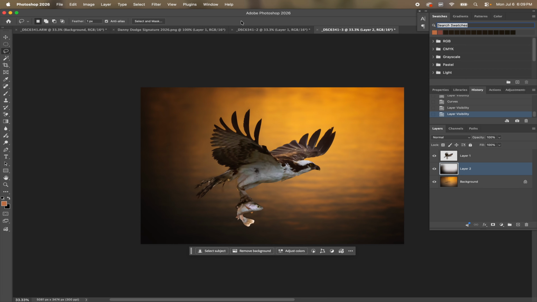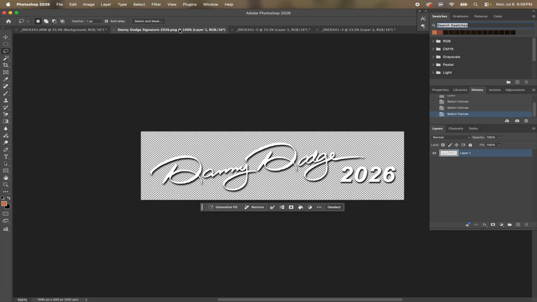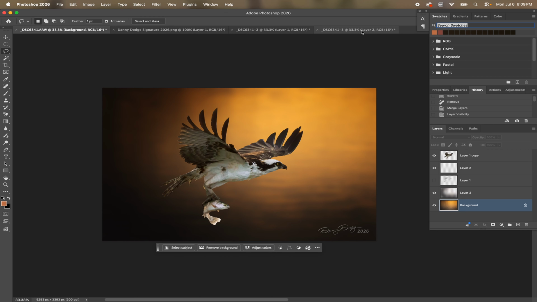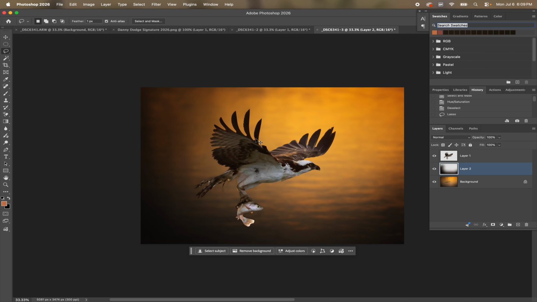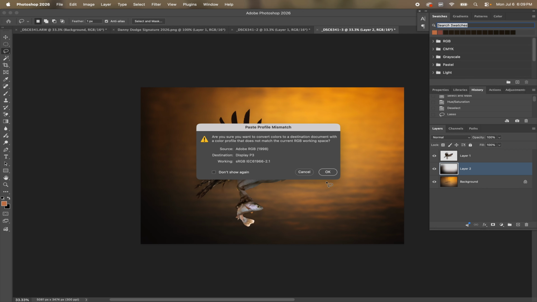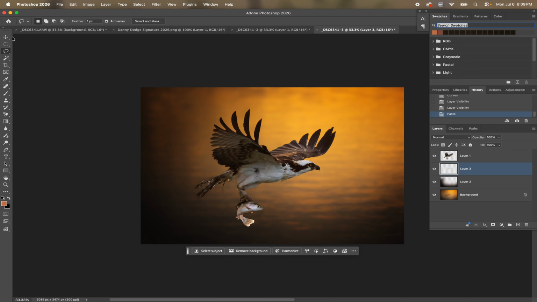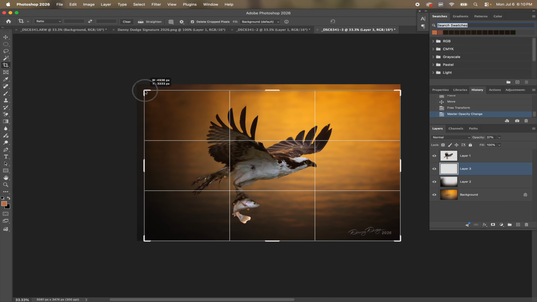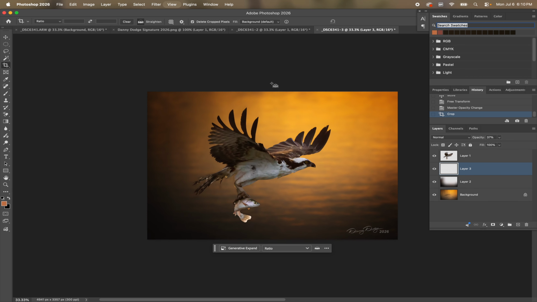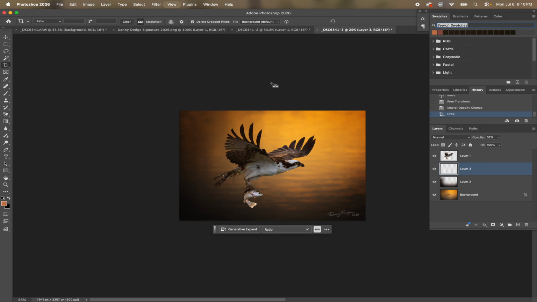All right, very last thing I do, I'm just going to get my copyright right here. Copy that. Oh, that was an image I did a while ago. You're seeing stuff you're not supposed to see. I always practice this before I actually show you what to do. Now, I just pasted that, but it's behind the bird, so I got to drag it over here. I will reduce the size of that copyright. And the other thing is it's kind of in the way, I feel. So what I'm going to do is just change the opacity down to right about there. And of course I could crop it just a tiny bit more. But there's the image. That is what we got as far as a final